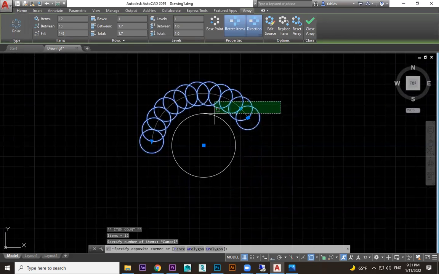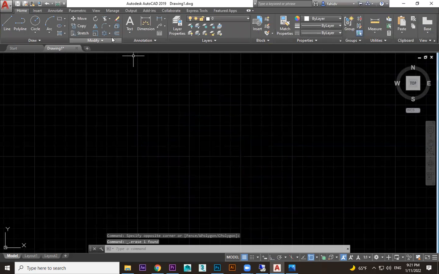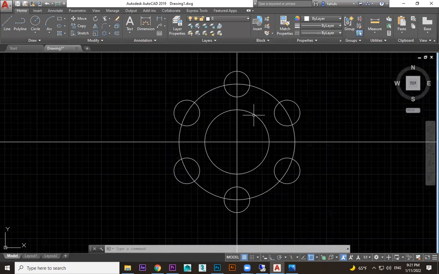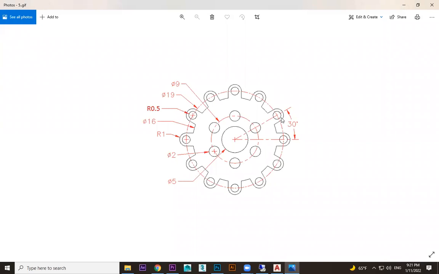Okay, this is polar array. If it is rectangular array, we have other options. I'll explain to you these two arrays in the next session. Okay, now only polar array, just to draw this exercise. So we draw this 6 now. Then after that, we're going to do this one. For this exercise, you will perfectly understand what is polar array.